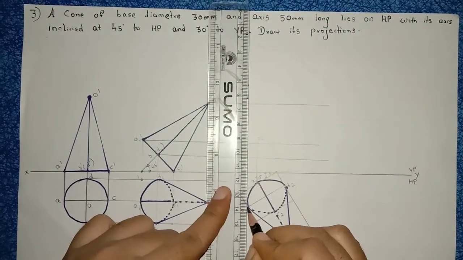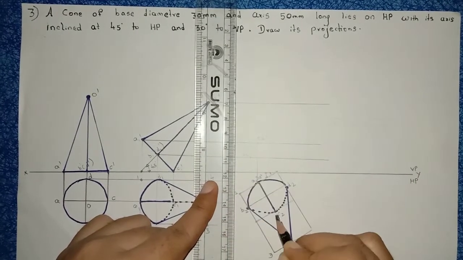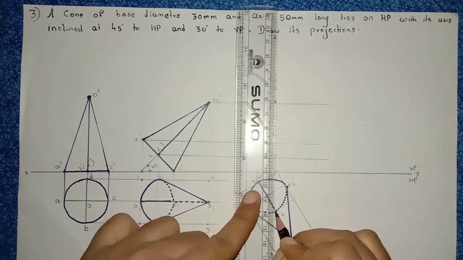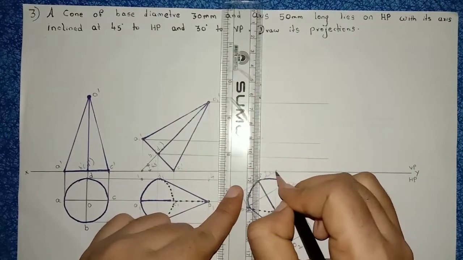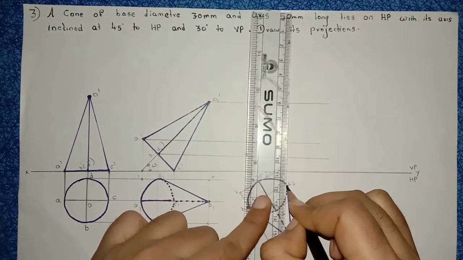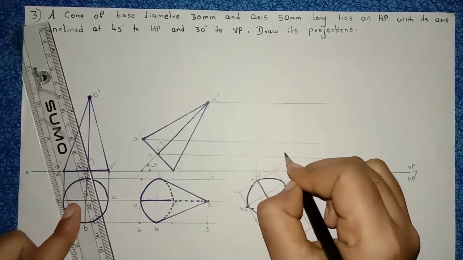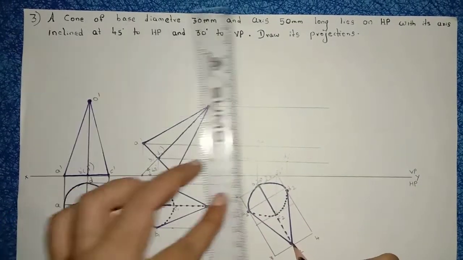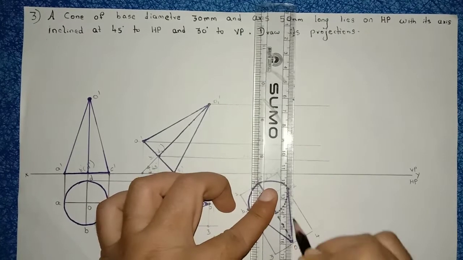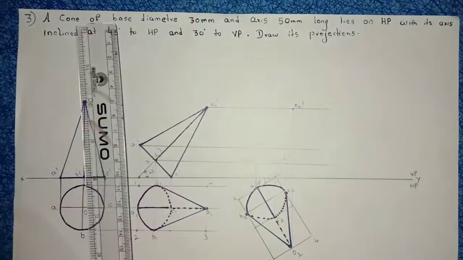From B to B, mark the point, name it as B2 dash. From C to C, mark the point and name it as C2 dash. From D to D, mark the point and name it as here D2 dash. From O also, no? From O, draw a straight line till O point and name it as here O2 dash,